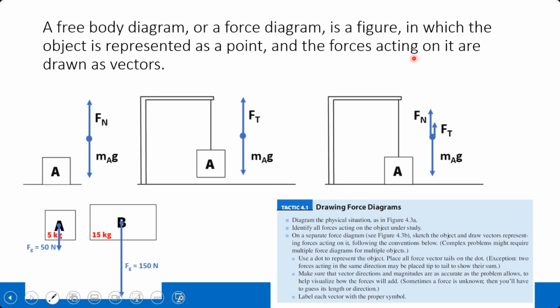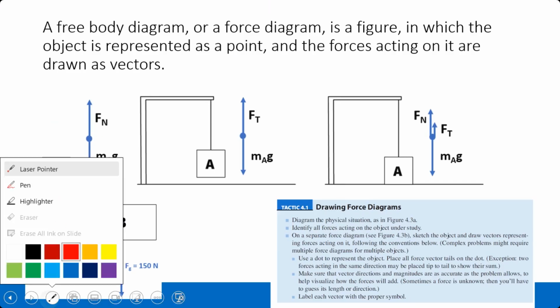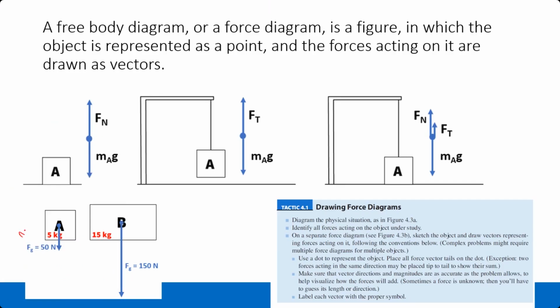So I have here some more examples of force diagrams. And as you can see, we have the same object A feeling different forces according to different scenarios it is in. I'll start with the simplest case where object A is falling in air. So maybe it's a good idea to write this here as a note. A is falling in air, and thus the only force it will feel is the pull of gravity, pulling it